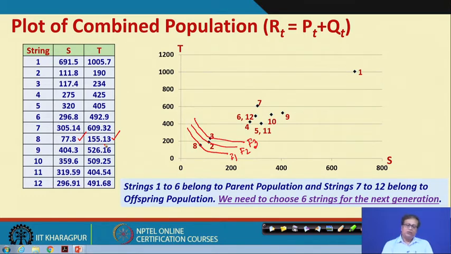So, taking out 8, we choose which one will form the non-dominated set. So, rank 2, that is the front 2, then we will have something. What is in the front 3, what is in the front 4, front 5, like this we have to do. So, that is how we should choose the 6 strings for the next generation. So, let us see the procedure.